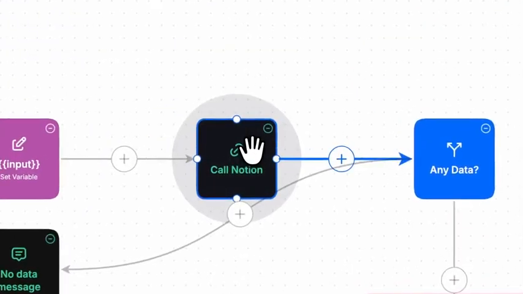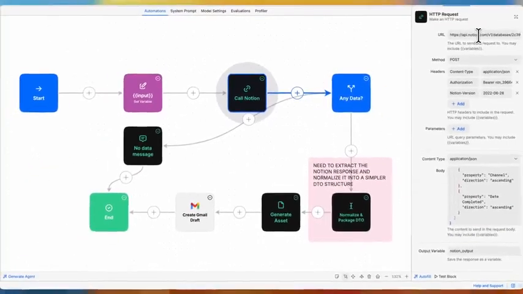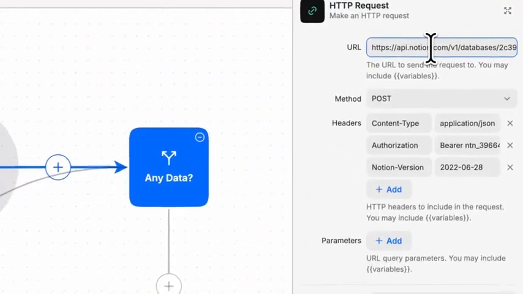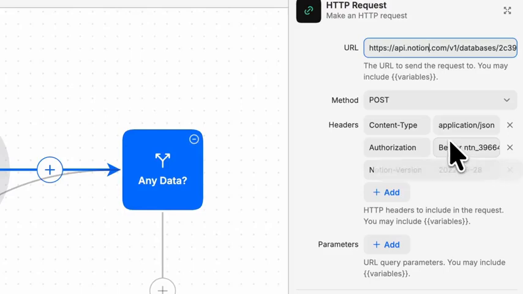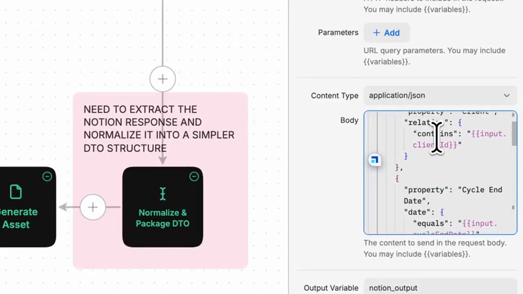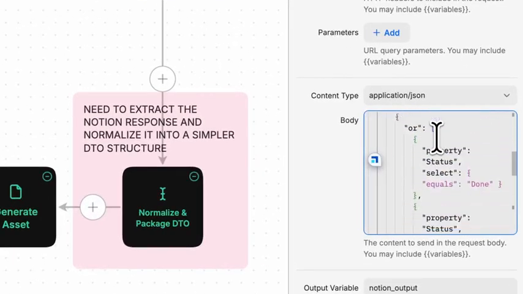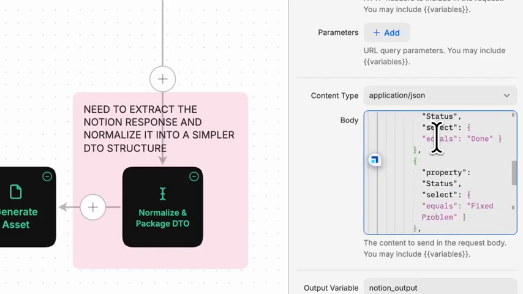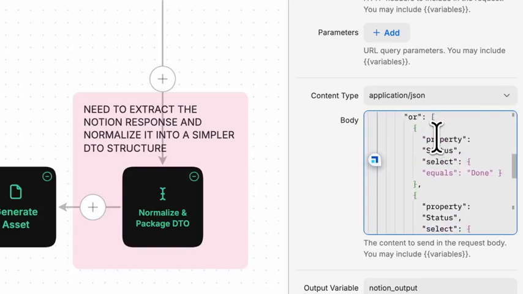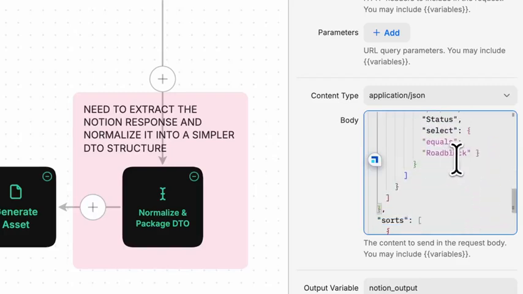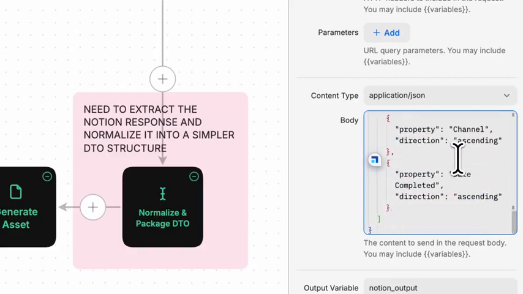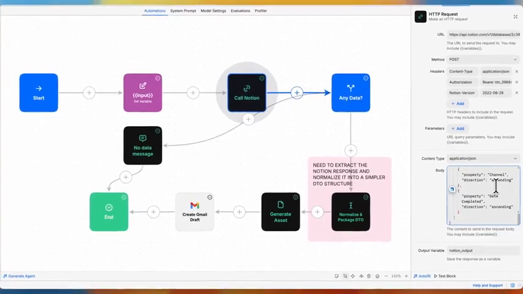At this point, we're calling Notion. We do need to specify all the necessary information like the Notion URL, authorization tokens, and so forth. And we specify this filter to say which tables will be called, what the relationships are, and what we're filtering on. In this case, we're saying get all the records from this table for this client that have statuses of done, fixed, or roadblock. And then we sort it. So then, once it gets that data,